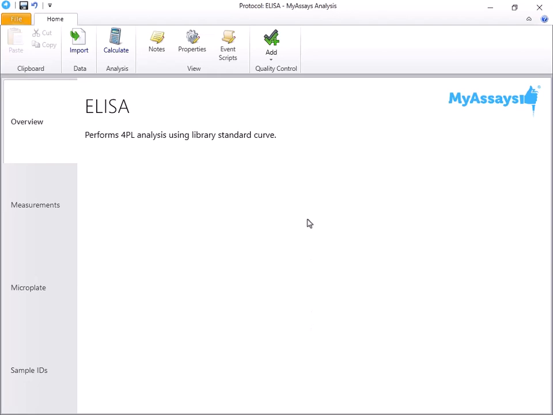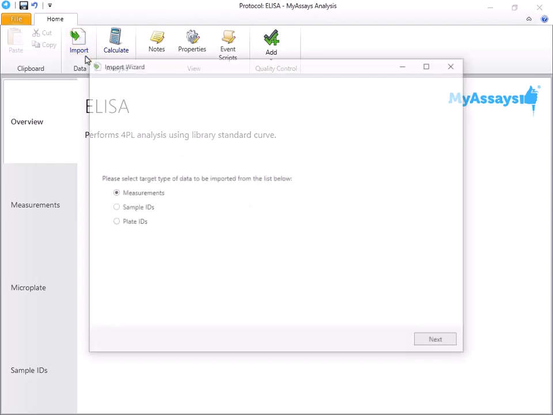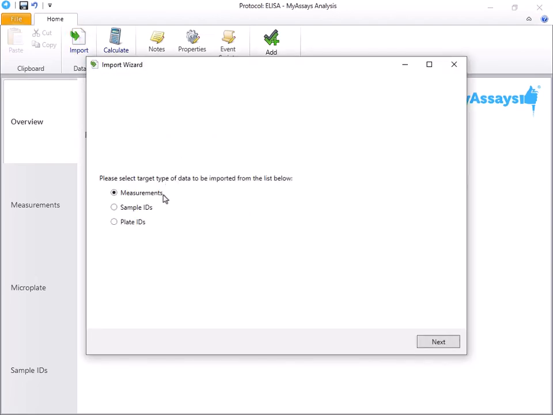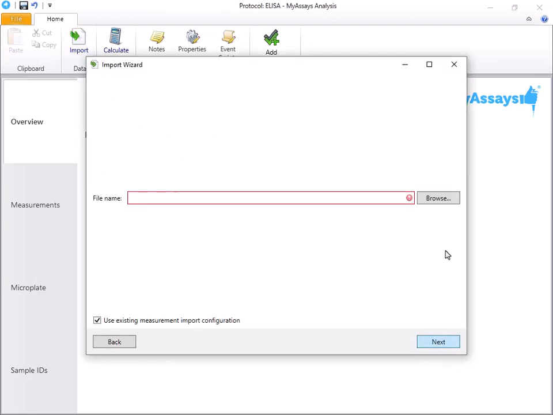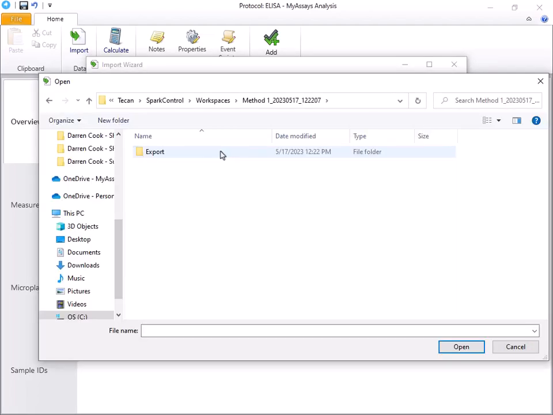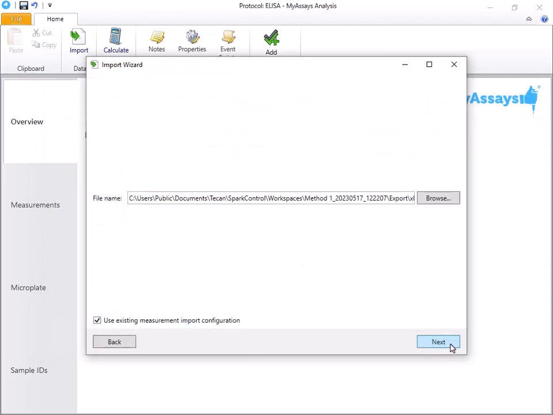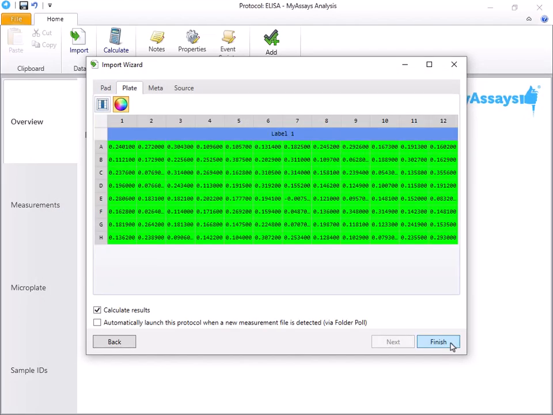However, because I'm working with simulation data, I've configured the protocol file to use a curve from my curve library. Let's import the data file we've just created into this protocol. I'll select Import to open the Import wizard. I'll select to import my measurements, and on the next step I'll browse for and select my measurement data file. On the next step, we can see our measurement data file has been successfully imported, and pressing Finish will calculate